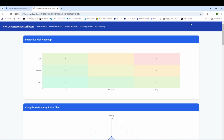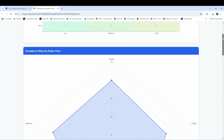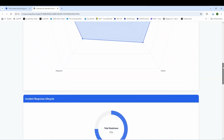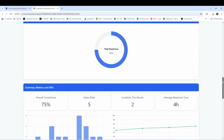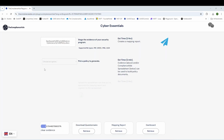Right. So these dashboards really let you see your security posture in real time, understand your risk, and then you can make better, more strategic decisions. It's like having a cybersecurity command center right at your fingertips. Exactly, yeah. And speaking of taking action, one of the things that really impressed me was that it generated a